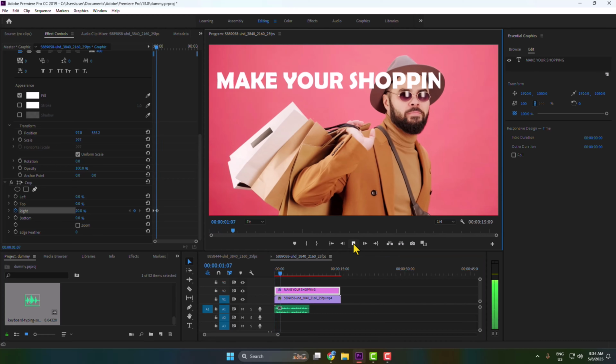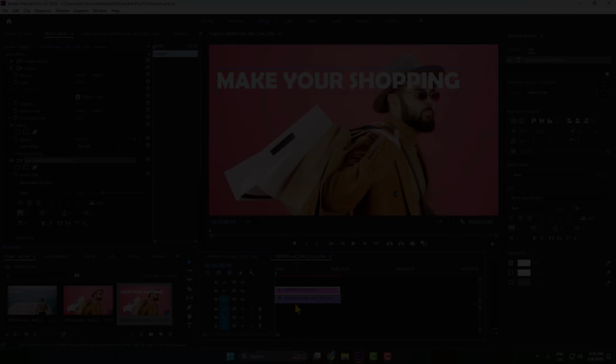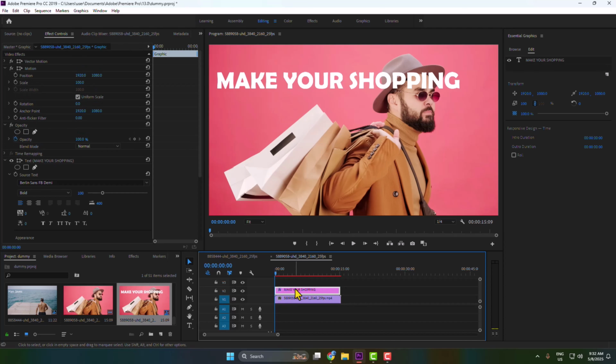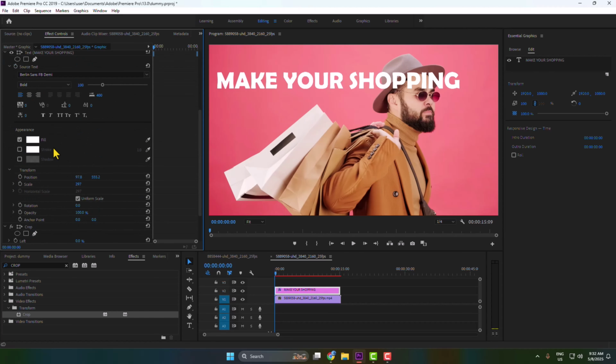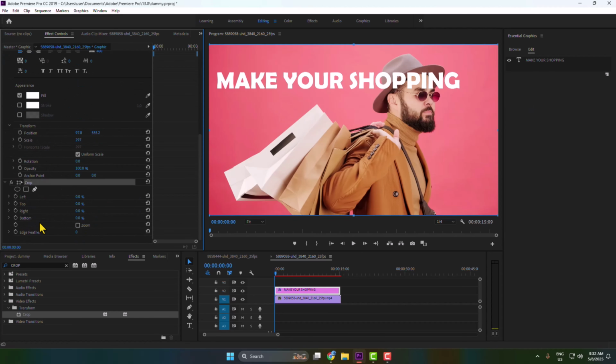Here I'll show you how to make a typewriter effect. So this is my video background and this is my text clip, and then I'm just going to Effects. In the search effect, I'm typing here Crop and adding this Crop effect to my text clip. And then after selecting the text clip, I'm going to Effect Controls, and here under Crop, we can see